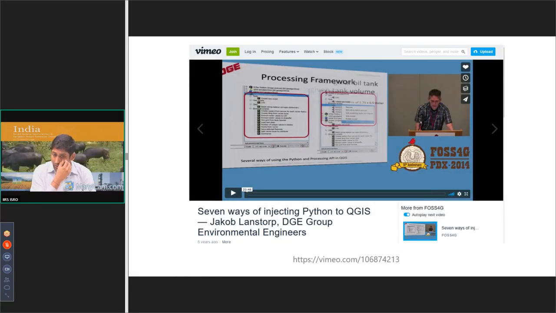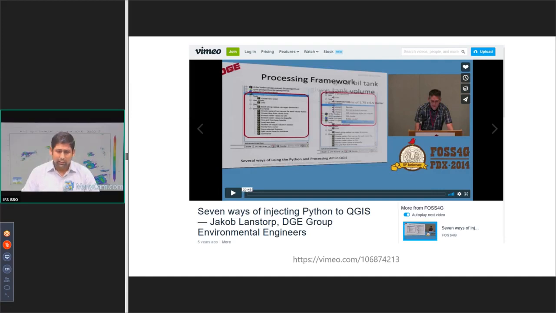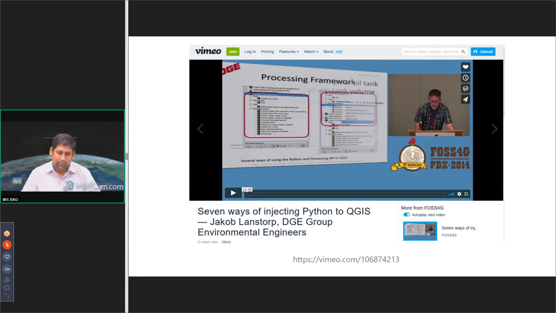There are many ways QGIS could be customized, or basically you can say with Python becoming so popular, there are many ways Python can be injected into